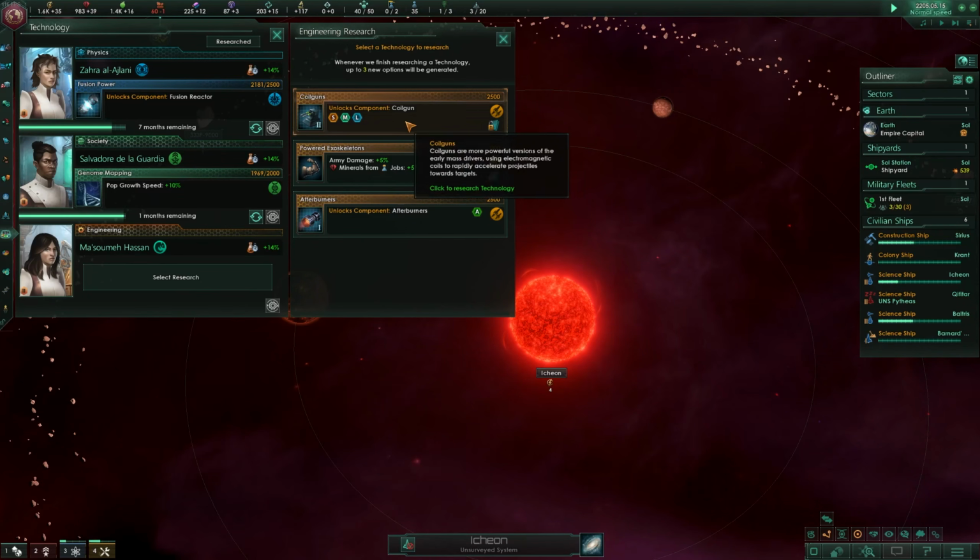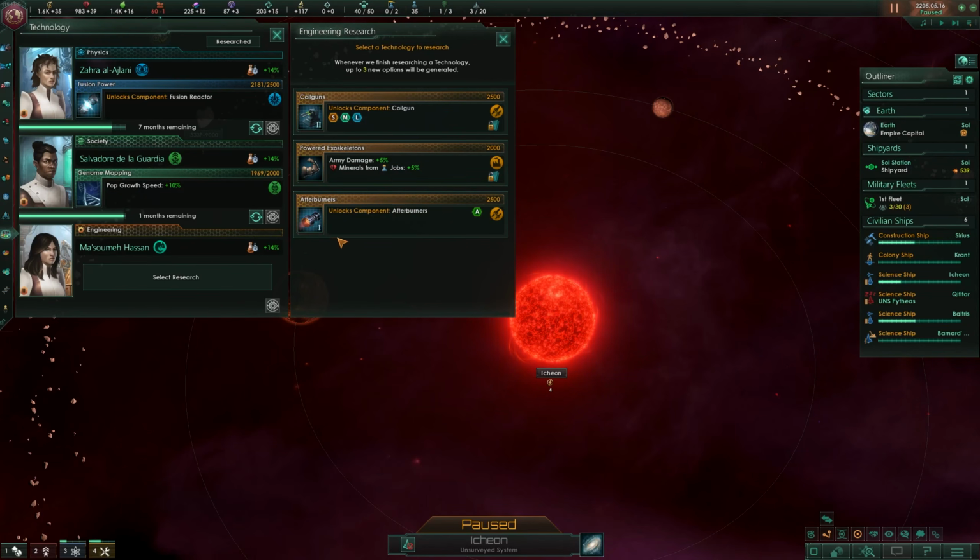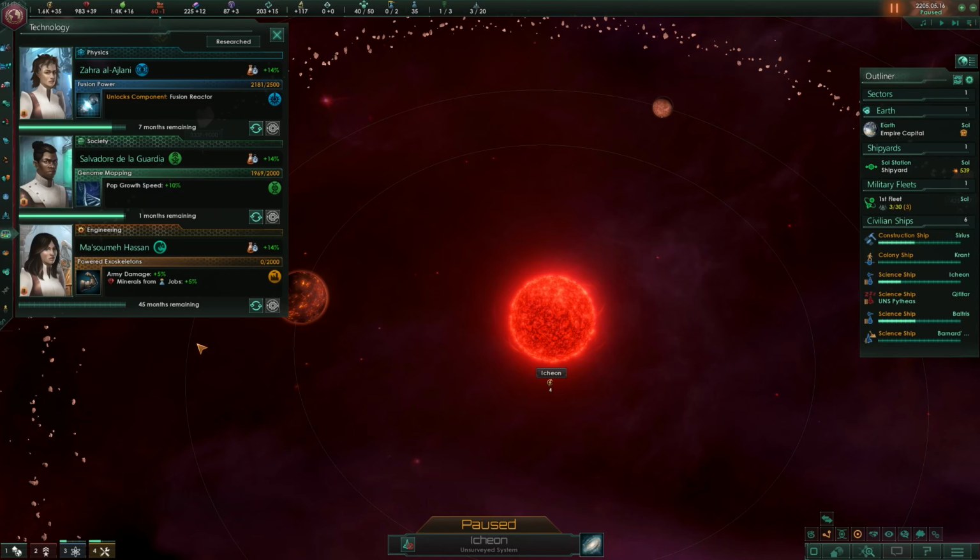Fantastic. With that, we have unlocked a few more researches now. The coil gun that we could go with, the army damage, or the afterburners. And I would like to go with the powered exoskeleton, because this one here is going to unlock us the robots. And I want me some robots. Let's research that. And pop growth